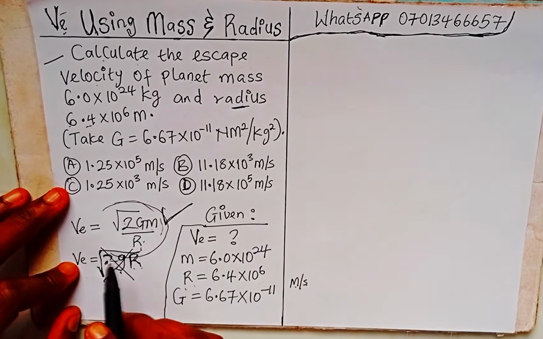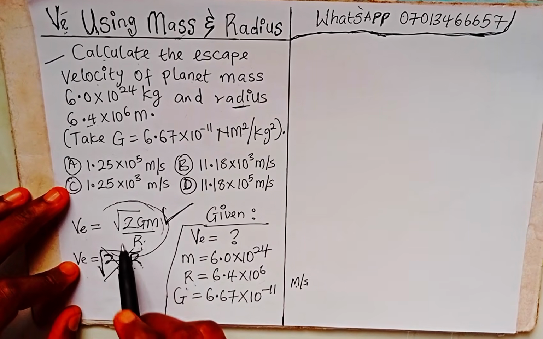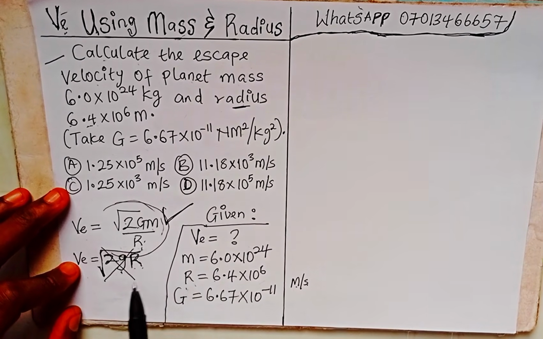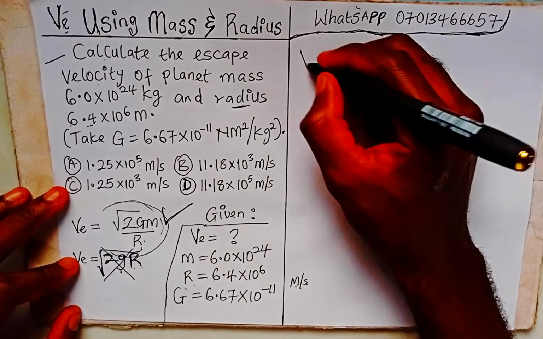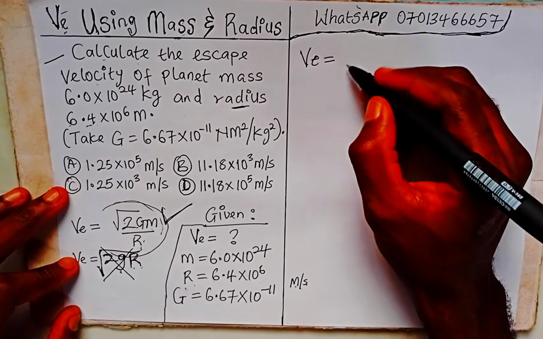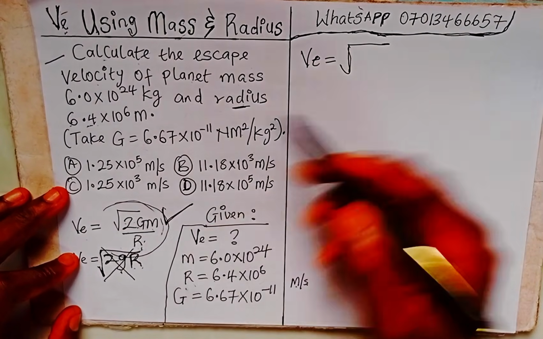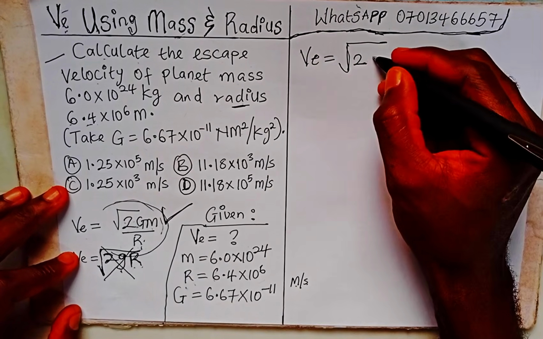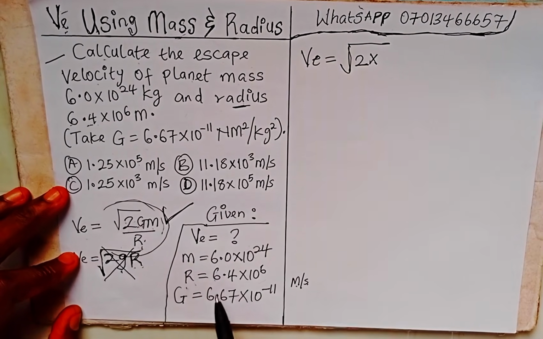So what are we going to do? We are going to use this formula and substitute into it. That's what we are going to do right here. Quickly, quickly. So let's go. VE is equal to the square root of 2 times, what do we get? G, the gravitational constant, which is this,